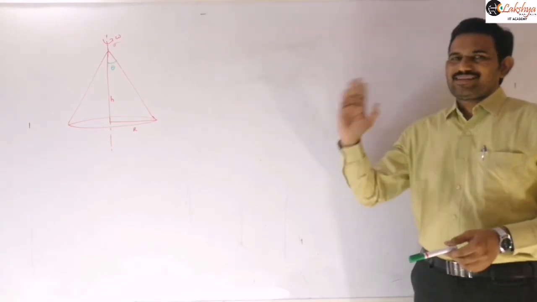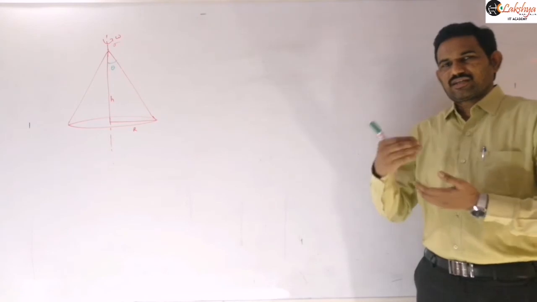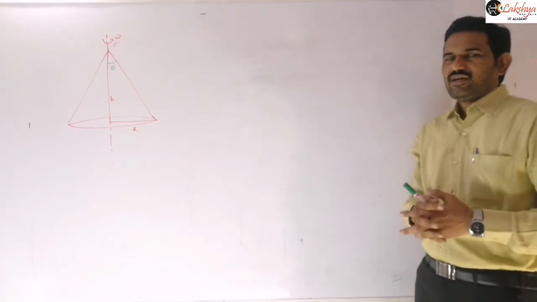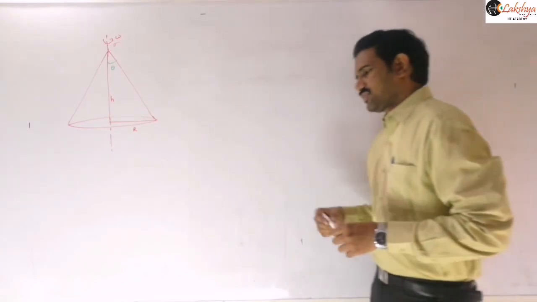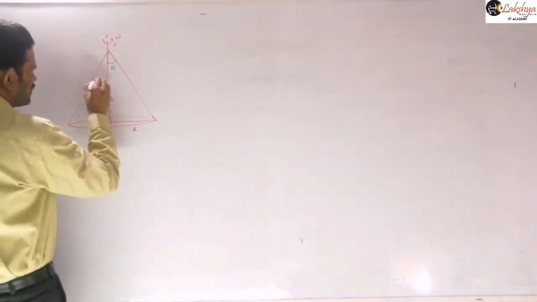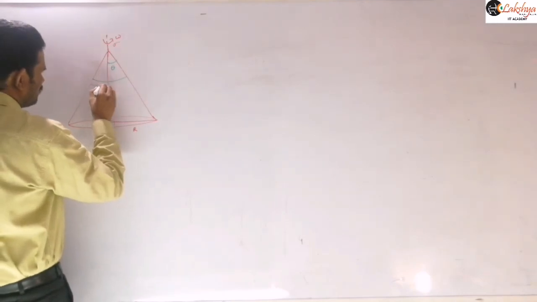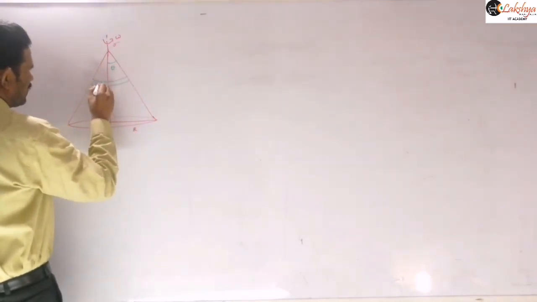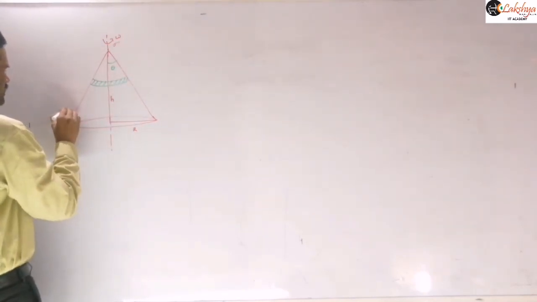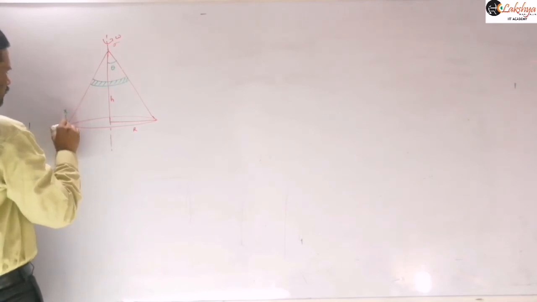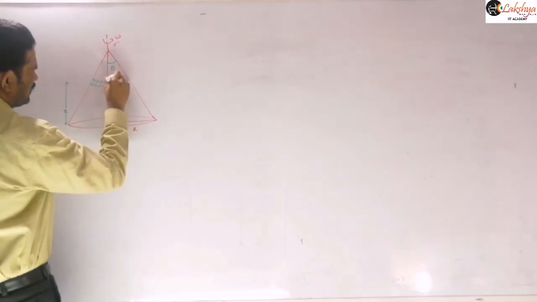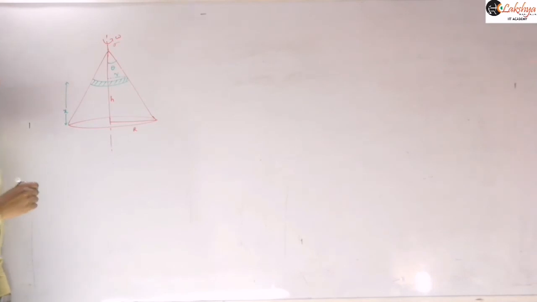So clearly here again the integration is required. If you are taking an element, then ring elements you will get for that surface of this cone, and different rings are having different radii, and so we need that integration there. So for that we need to consider a small element here. As the expression is required in terms of this h, I am taking this as our ring element. Let us consider this is at a height of x from this, and here the radius of this ring element, let us take it as r.